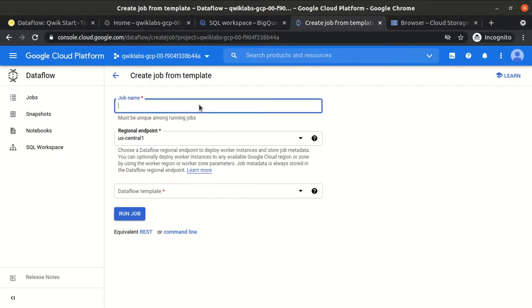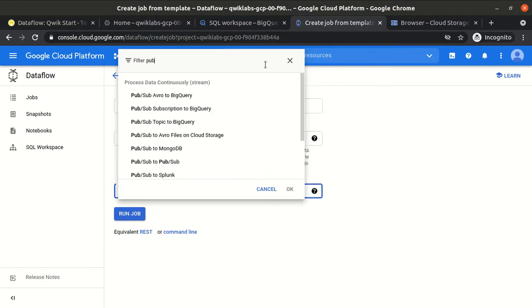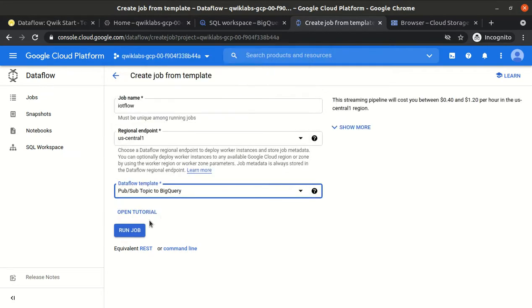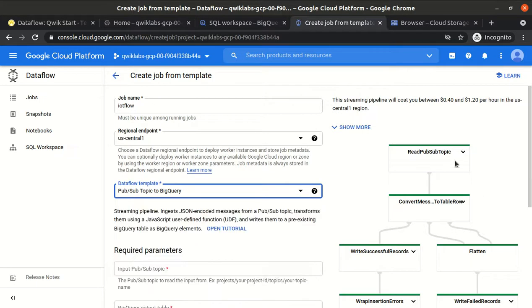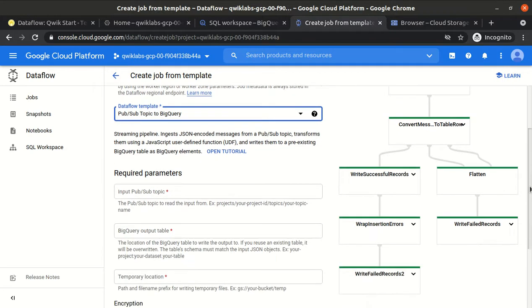Let me give the job name IoT flow. Now I have to use a Dataflow template. We have so many templates available, but we will use the Pub/Sub topic to BigQuery template. Whatever the jobs written under this template, it will read from the Pub/Sub topic, then do some conversion, then write the records.